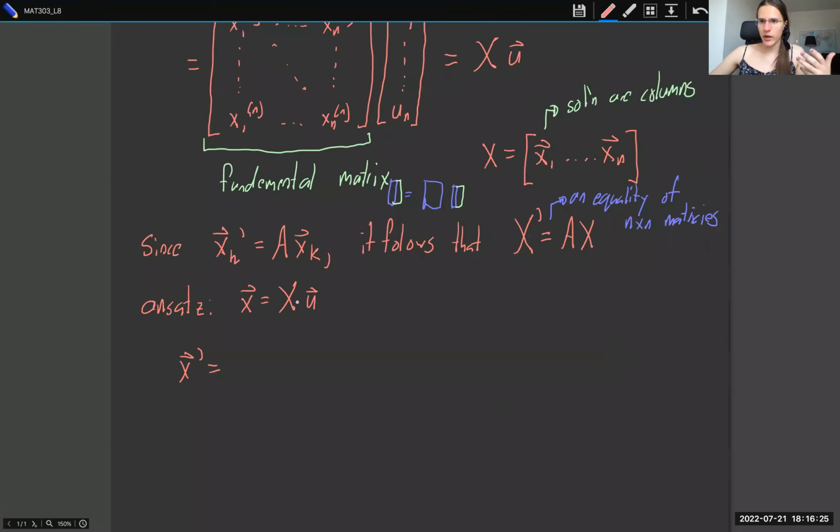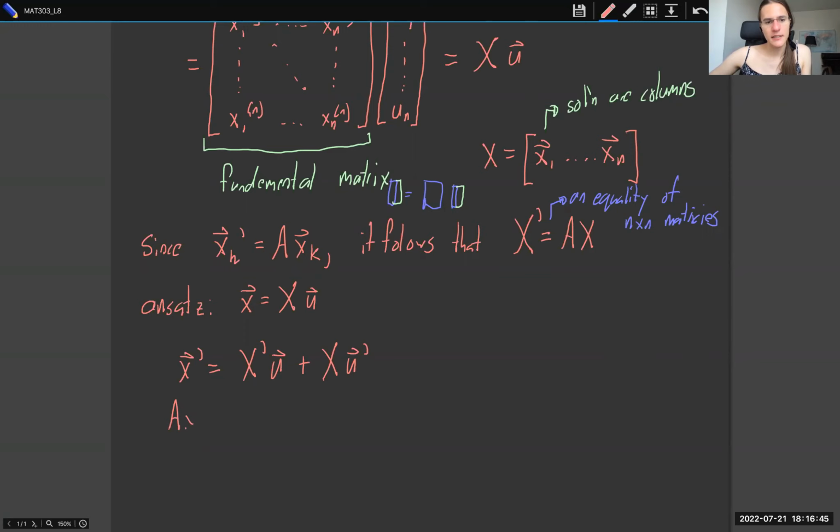And we do get a product rule for matrix multiplication as well. So it's going to be X prime U plus X U prime. Whereas A